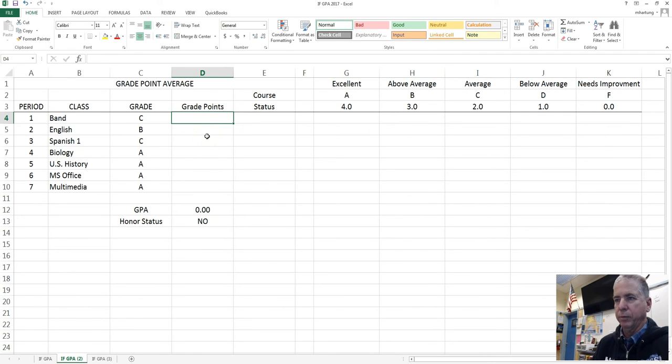So the first one, here we go. An equal sign, if. So everything is going to be dependent upon this variable here, the grade that you earn, and as far as what it does to fill in the grade points, course status, and the GPA. So it's all based on us typing in one of these letters. So we'll start with A and go on through to F. So if